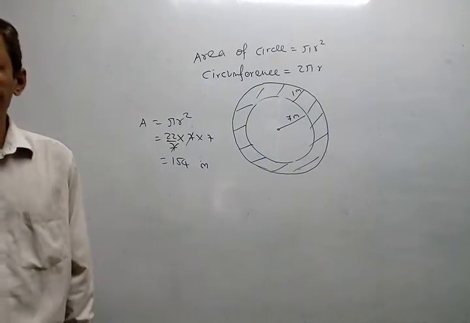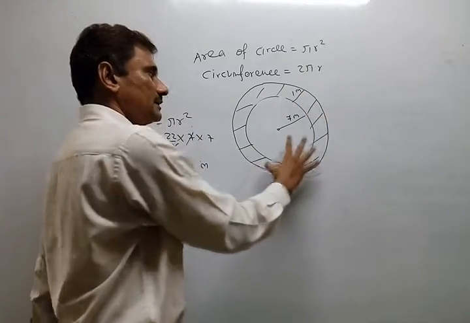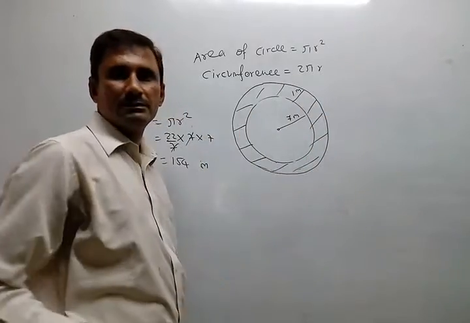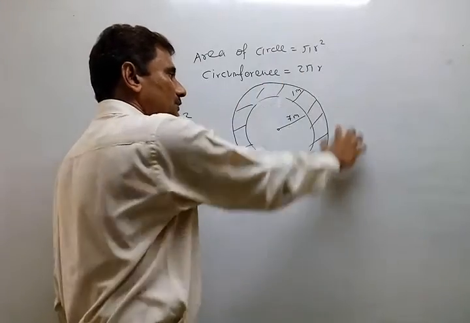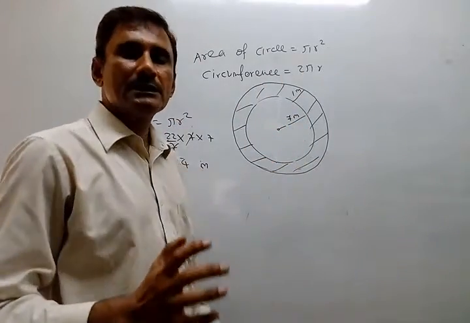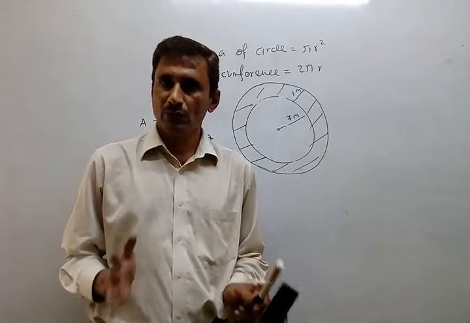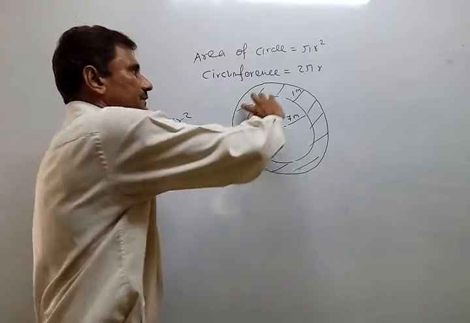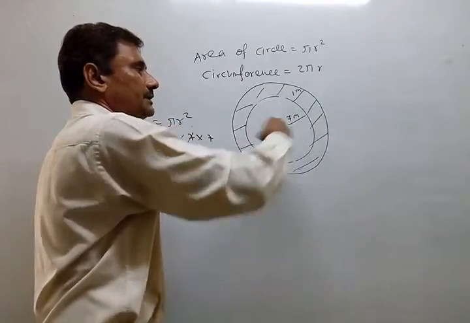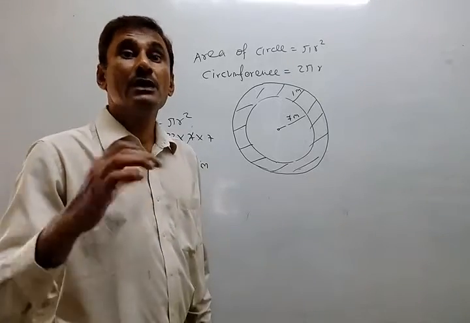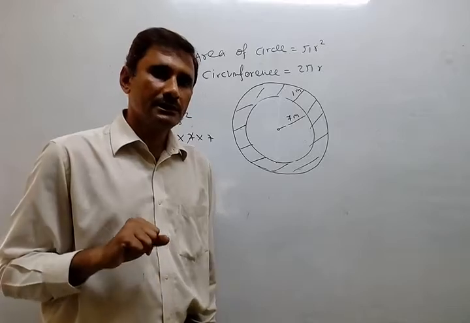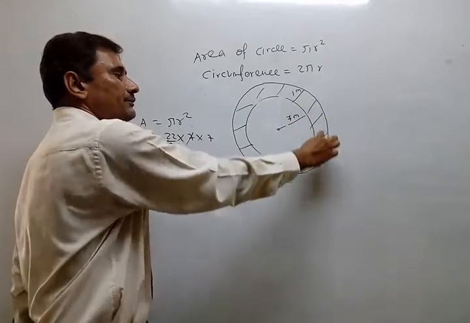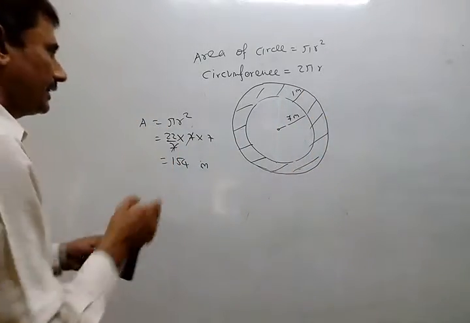Then what to do? Again I am telling you, we do not require the whole circle's area. We require only the area of this belt. Suppose one circular ground is there and outside one tracking path you want to form. So what should be the area of that tracking path? In this type of case, how to find area? Obviously, first of all, there are two circles, outer circle and inner circle. So you can get area of outer circle as well as area of inner circle. If you take the difference of both areas, then obviously you will get this area. So can I solve now this way?